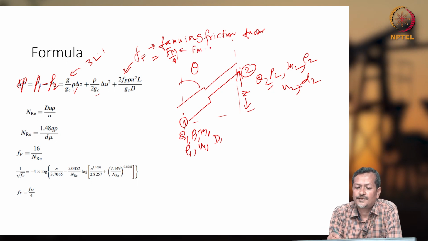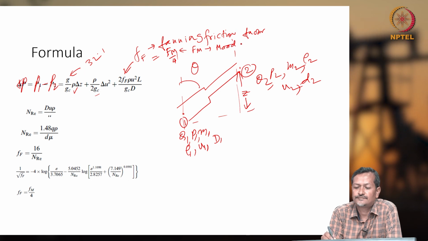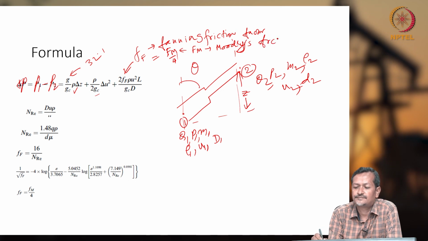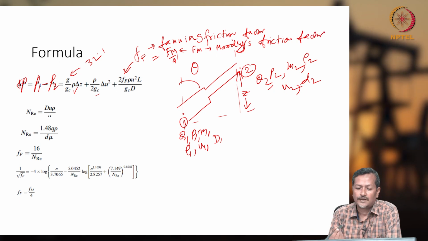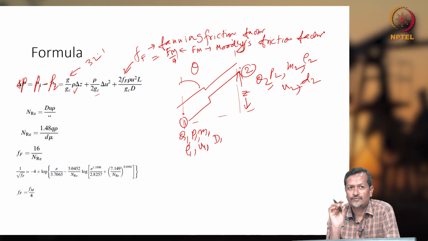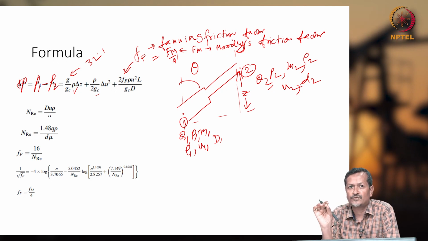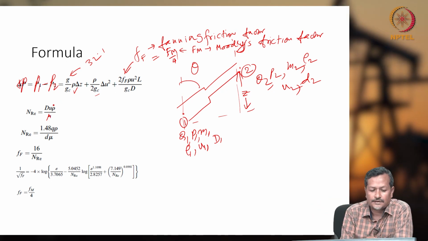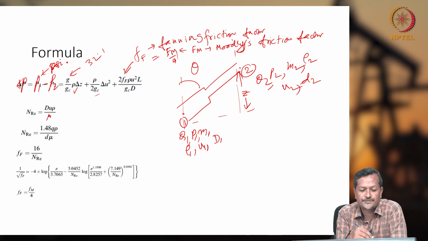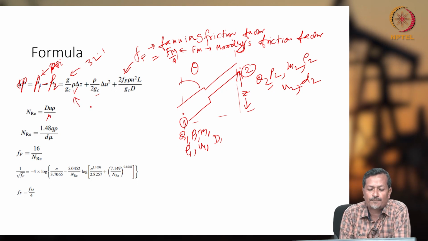Fm is Moody's friction factor, and D is the diameter. And every time you have to take proper units. If you are not taking proper units, then everything will be wrong. So here P1 and P2 you are taking in PSI, so both are PSI. G by GC is unitless. Rho is the density, so pound mass